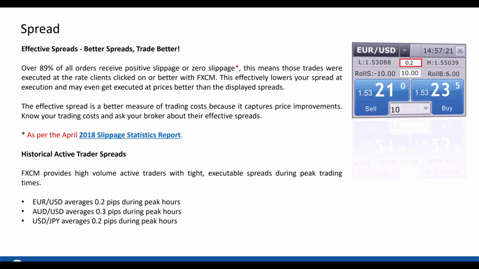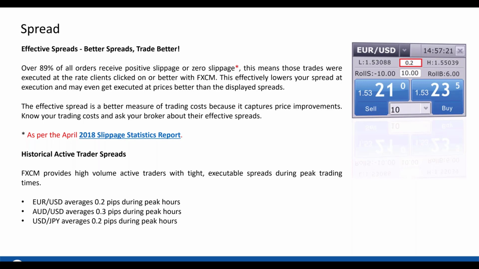The effective spread is a better measure of trading costs because it captures price improvements. Know your trading costs and ask your broker about their effective spreads. Historical active trader spreads. FXCM provides high-volume active traders with tight executable spreads during peak trading times. The Euro-US dollar averages about 0.2 pips during peak hours. The Aussie-US dollar averages about 0.3 pips during peak hours, and the US dollar Japanese yen averages about 0.2 pips